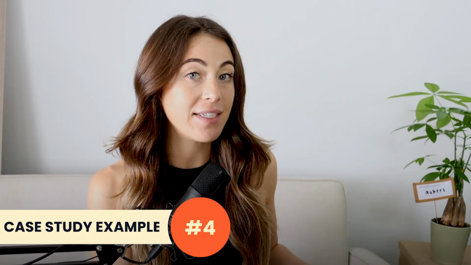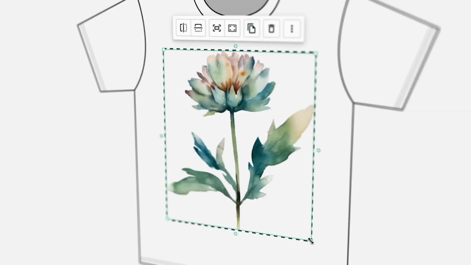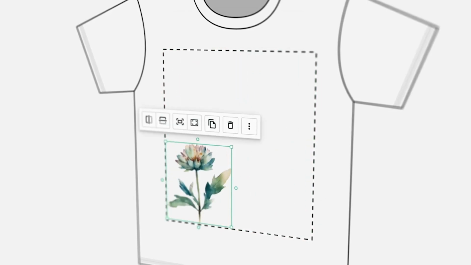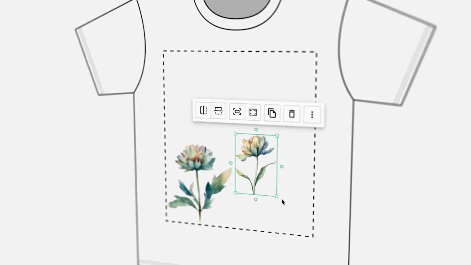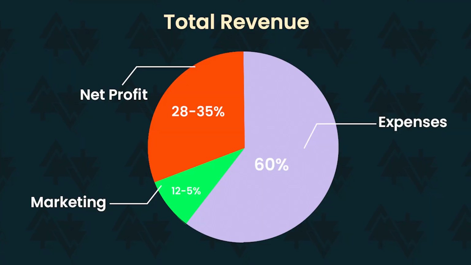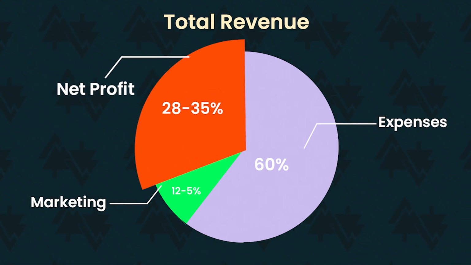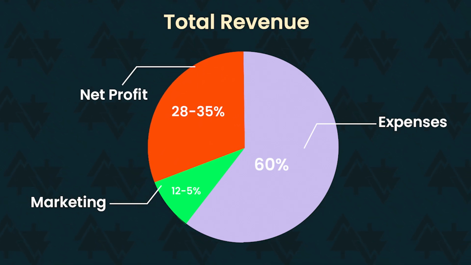And finally, our last case study example is from our friend Laura, who has a print-on-demand shop. Now, if you sell POD with any of the print providers, what you will find is that your profit margin percentage for marketing tends to be pretty slim. So in this piece of the pie chart, your net profit percentage before marketing usually ranges anywhere from 28 to 35%, depending on your pricing strategy, which means there's not a huge piece of the pie left for your marketing